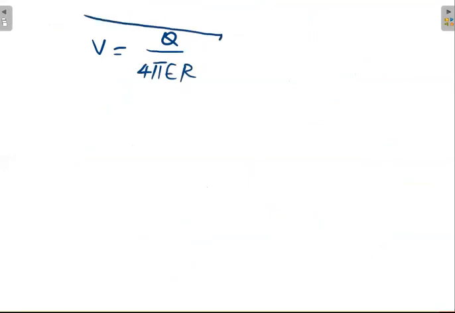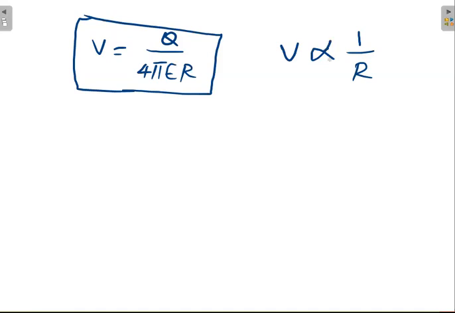Please, very important, you should remember. The voltage function due to a point charge depends on 1 by r. Please note down, this is very important. The voltage function due to a point charge depends on what? 1 by r. Whereas the electric field depends on 1 by r square, but the voltage function depends on 1 by r. That is the idea. This is the final answer. You should remember the voltage or potential due to a point charge.